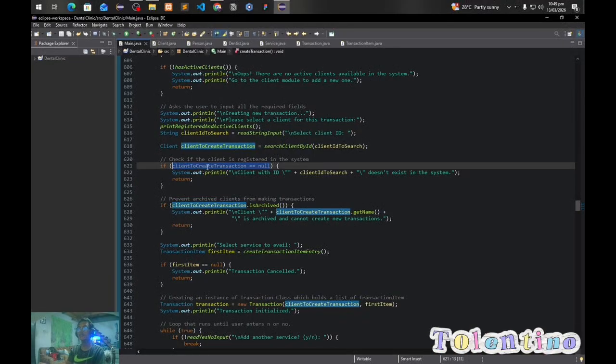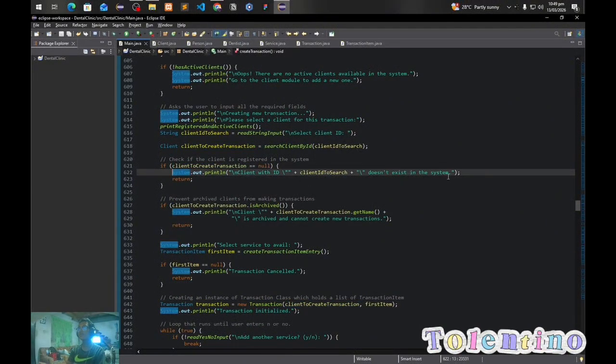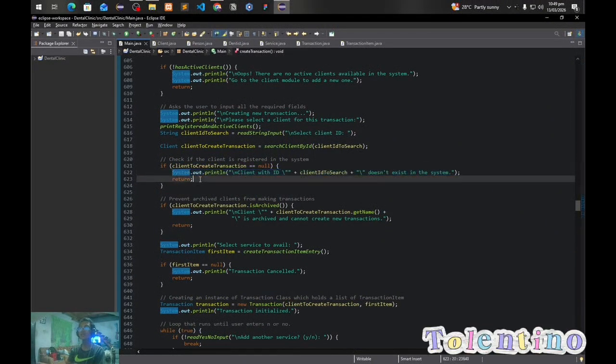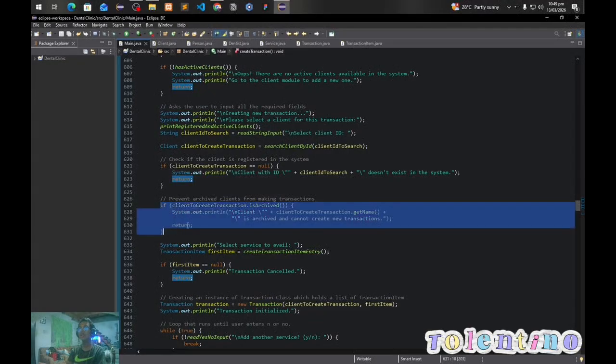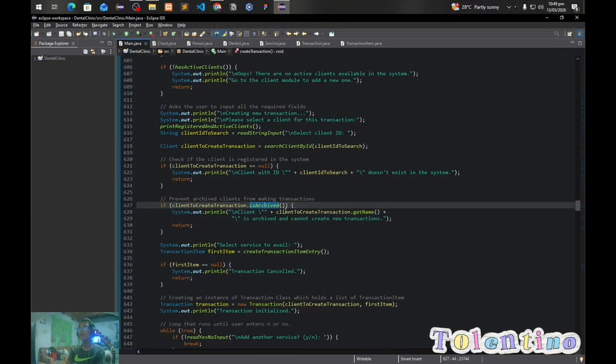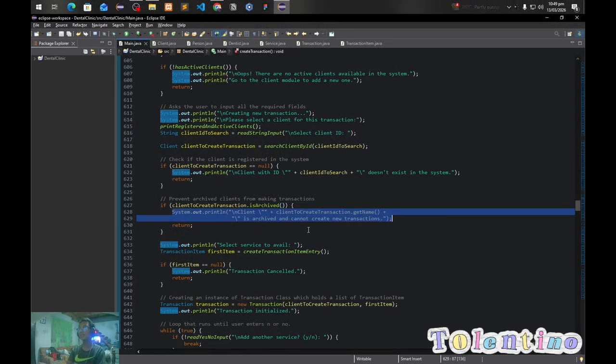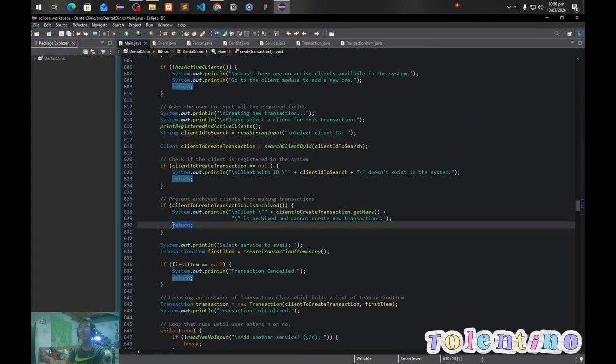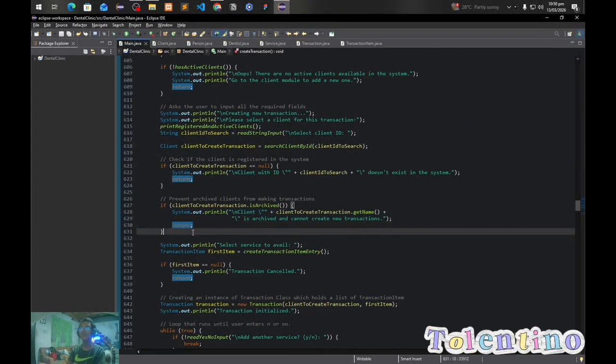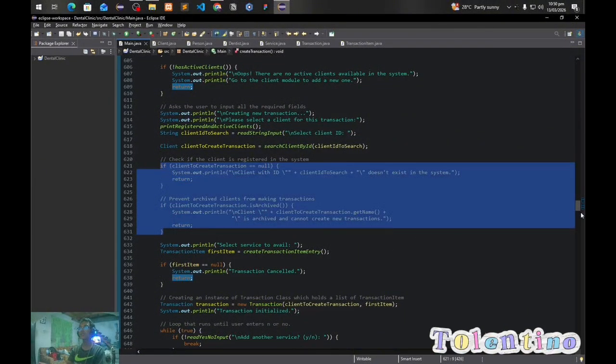So if this condition is true, the system will display a message and automatically stop the execution of the code. But if this returns false, it will then check if the client to create transaction variable is archived using this isArchive method. And if this condition is true, it will print a message and automatically stop the execution of the code. But if all of these validations are valid,